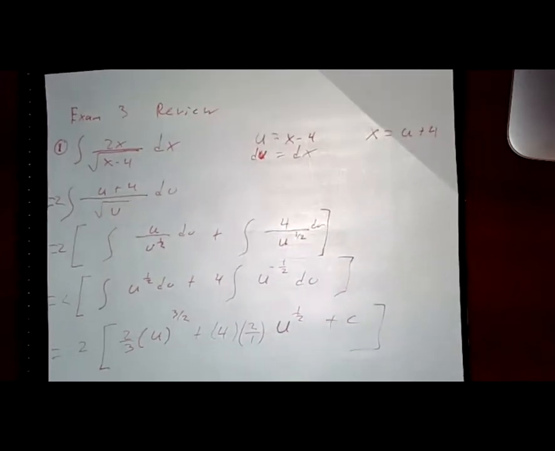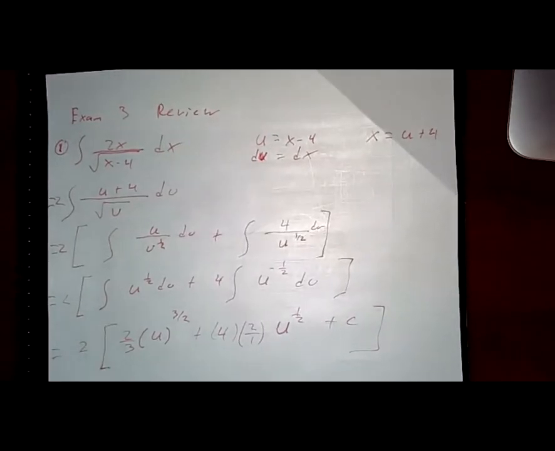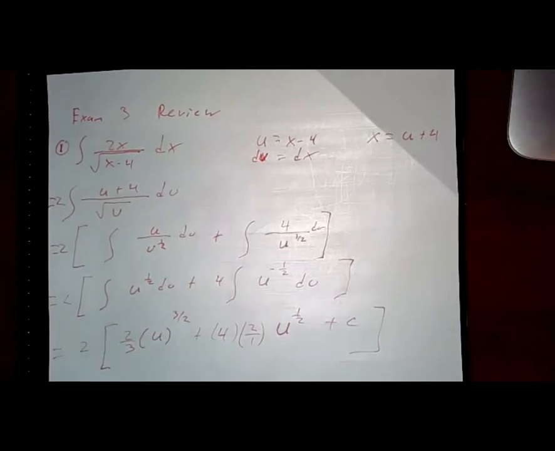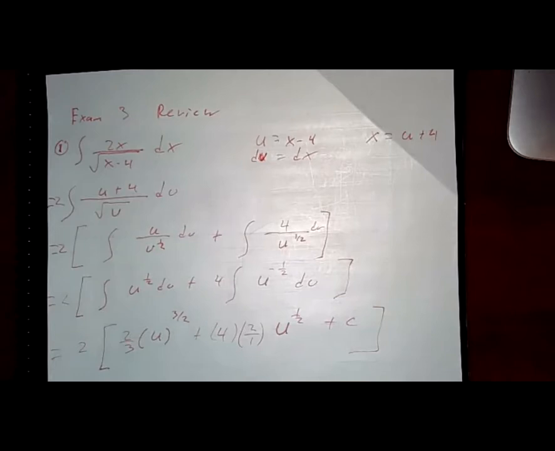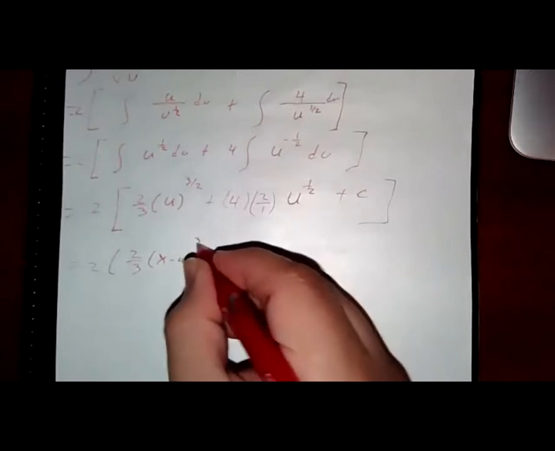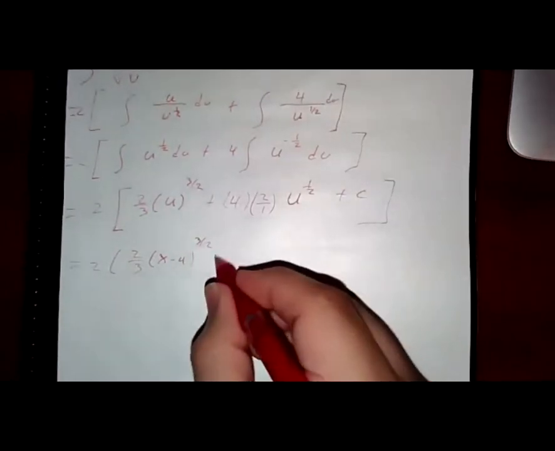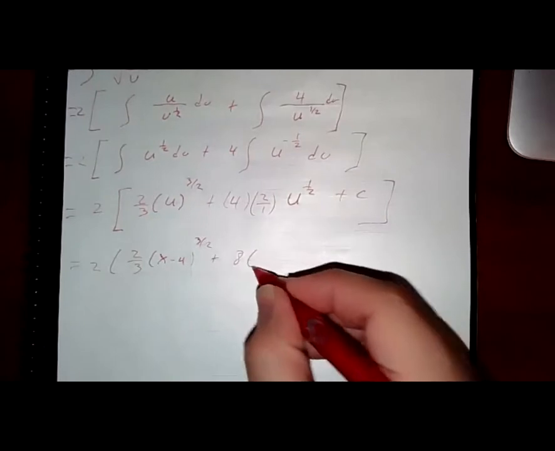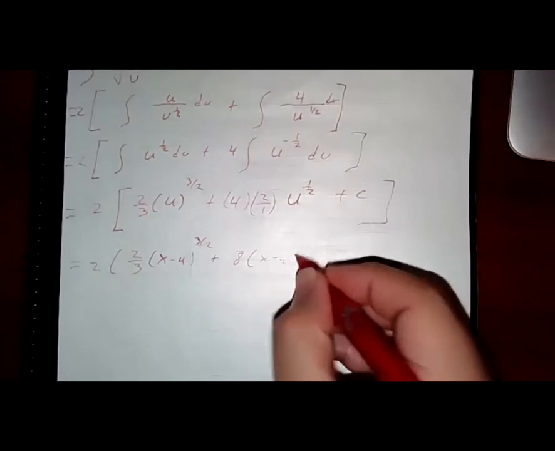Now we can bring back what u actually is, and we're pretty much done. So this would be 2 times 2/3, sorry, x minus 4 to the 3/2 plus 8 times x minus 4 to the 1/2